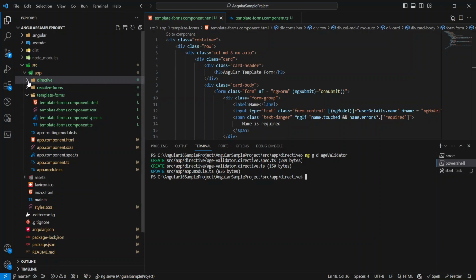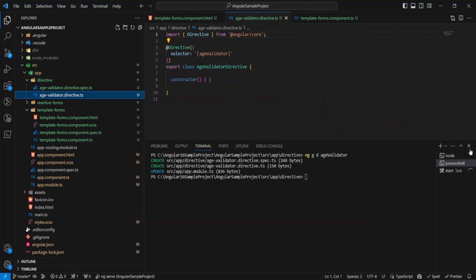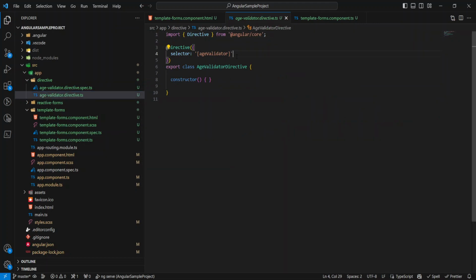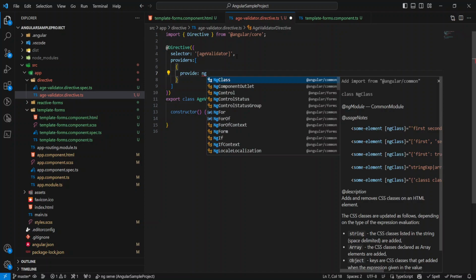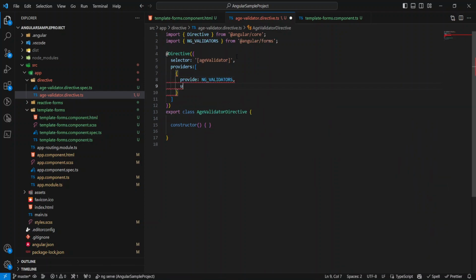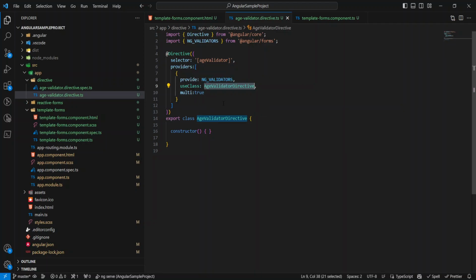So now our directive file has been created, here you can see. What we need to do is, firstly we will define the providers array, and here provide will be NG_VALIDATORS. We will use the class AgeValidatorDirective, and third will be multi set to true. So these three properties, firstly provide, where we are using NG_VALIDATORS, and here we are using the AgeValidatorDirective class, and multi true means we are adding this custom validator that we are making to this existing